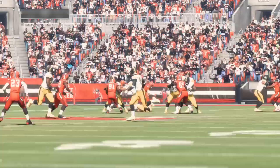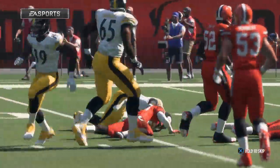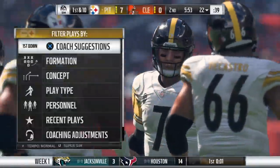We focus our attention now on the quarterback, Ben Roethlisberger. He's had one of those games that any quarterback loves, not only being able to complete some passes, but some deep passes. And it's pretty to watch. I mean, it's absolutely...